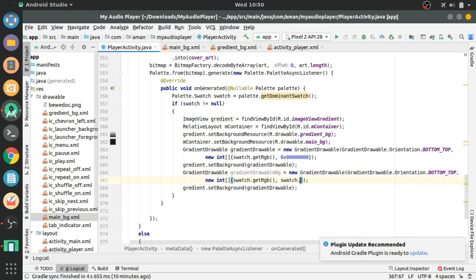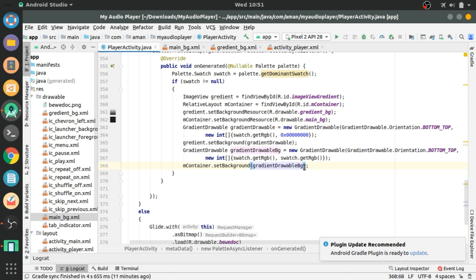Just change this to swatch.getRgb. This is for our container.